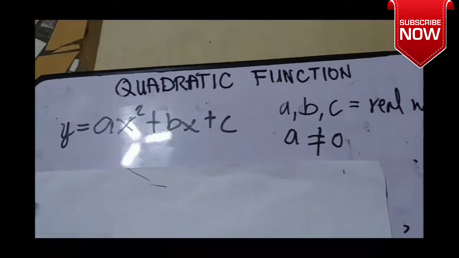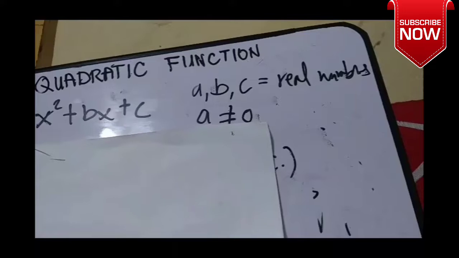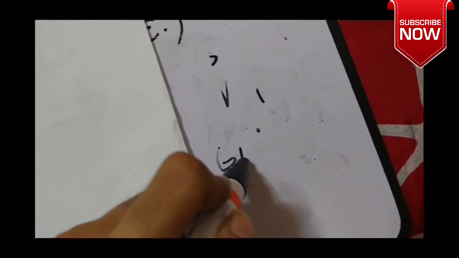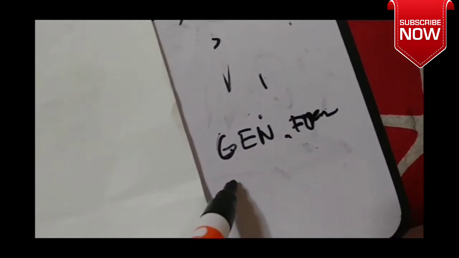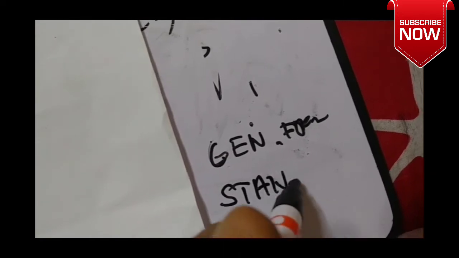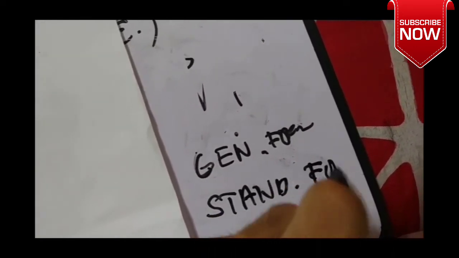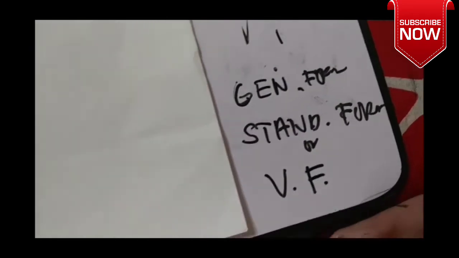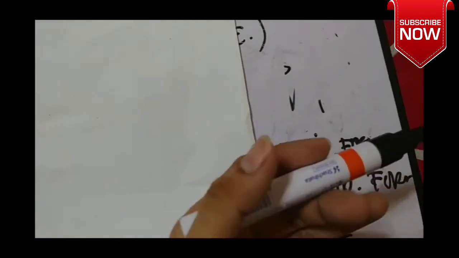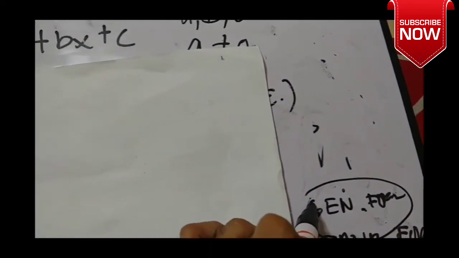The first is the general form, and the second is the standard form or vertex form. So, huwag kayong mag-alala kasi isa-solve din natin to or i-discuss din natin sa separate video. Pero this time, ang i-discuss lang natin ay yung general form na kung saan may form na